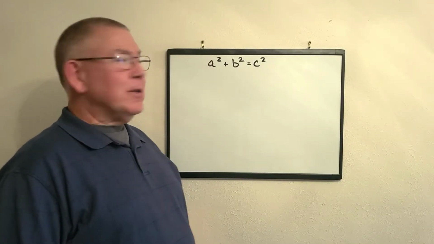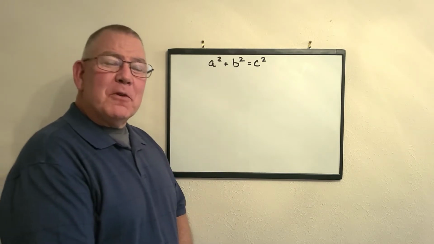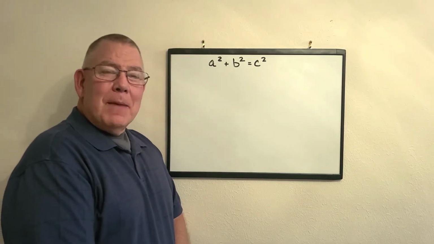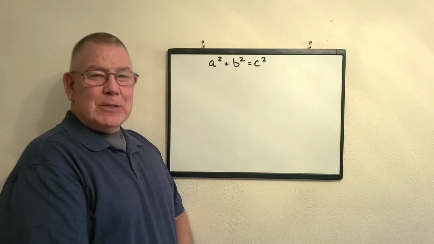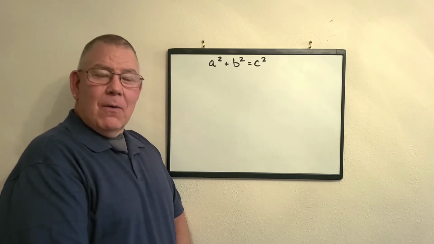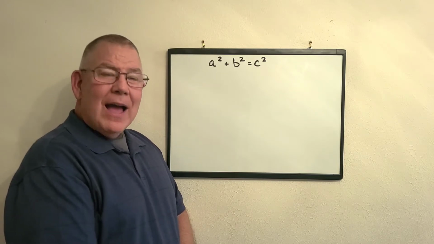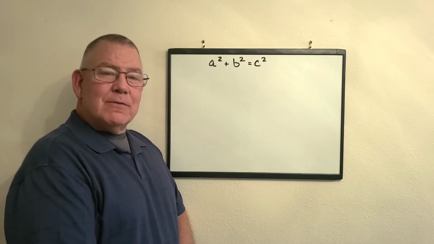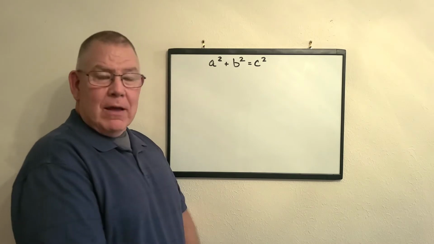Mr. J coming at you with a formula that some of you may know. A squared plus b squared equals c squared. This is known as the Pythagorean Theorem. Now, I want to show you how I utilize it to find the sides of triangles by changing around the